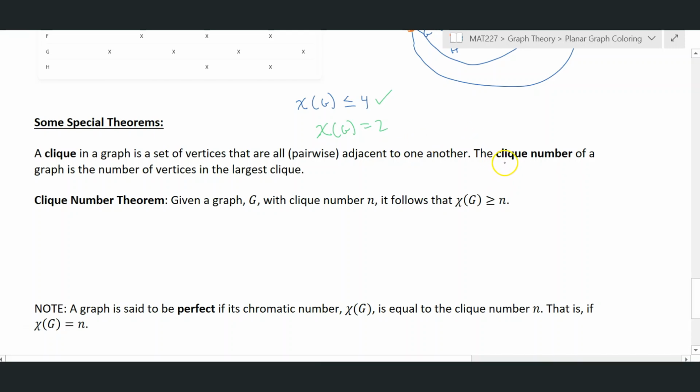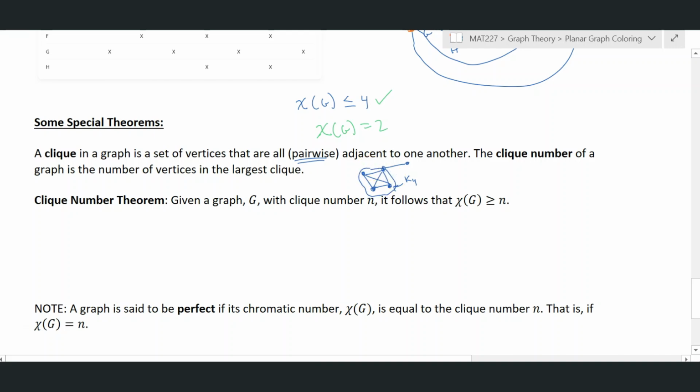And then we have what's called the clique number of a graph. It's the number of vertices in the largest clique. So if you think about the cliques, like let's say we have a clique in here. Is this a clique? No, that's not a clique because they're not pairwise adjacent to one another. In other words, everyone is not adjacent to every other one. So what we would need if we had 4 vertices is, even if we had a, say, 5th vertex over here like this, in order for us to call these vertices a clique, they would need to all connect to one another. So basically you'd have to have a K4 as a subgraph